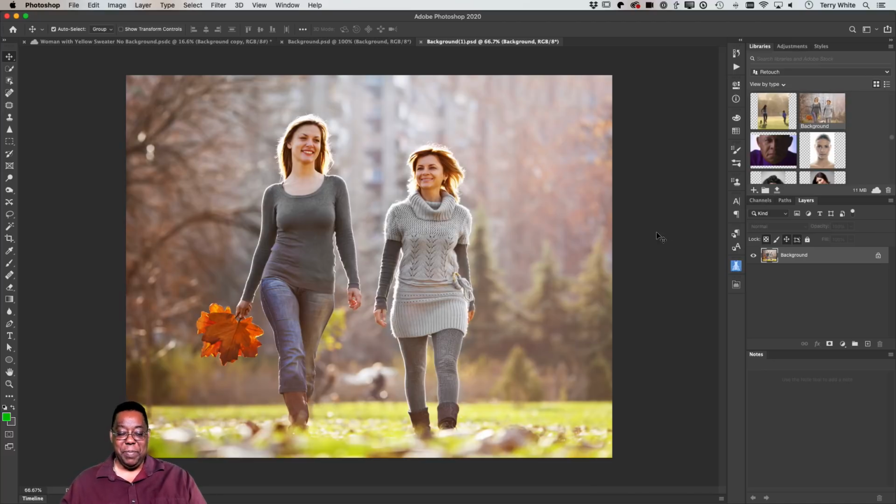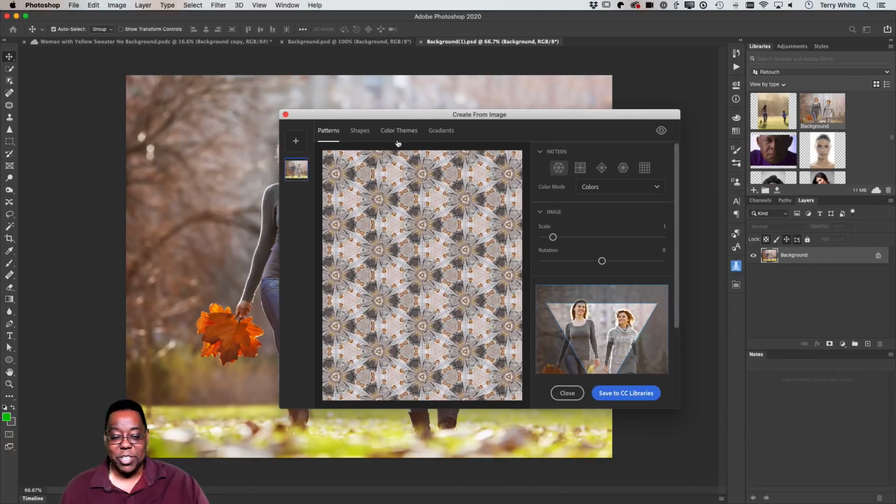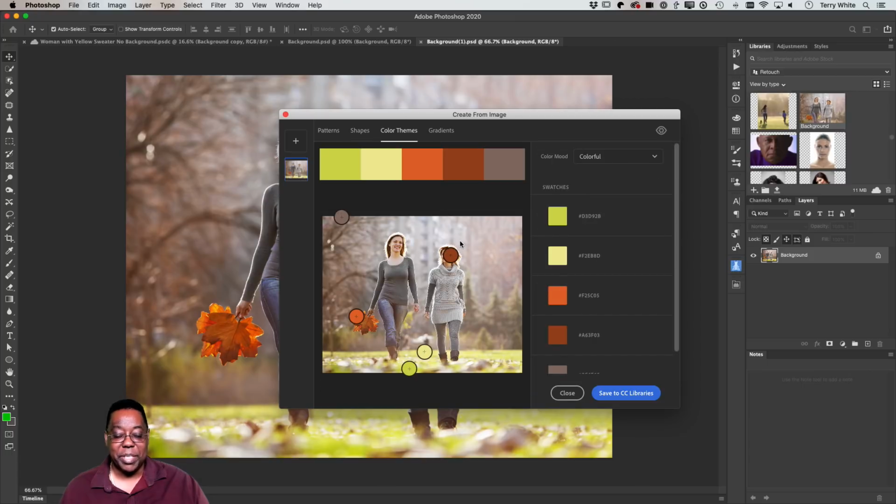Fall's coming up eventually. Let's say we want to use some of these fall colors. In Photoshop, you now have the ability, oh, I'm out of time. You have the ability really quickly to go to Image Capture and Capture from Image, and you can capture colors, patterns, gradients, color themes, and you can pick the colors you want and save them to a library.